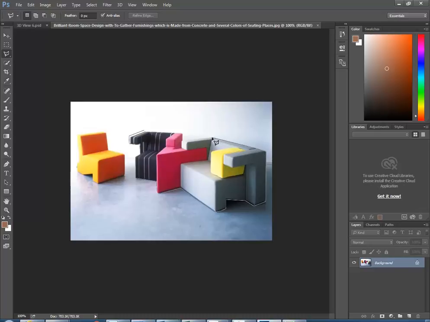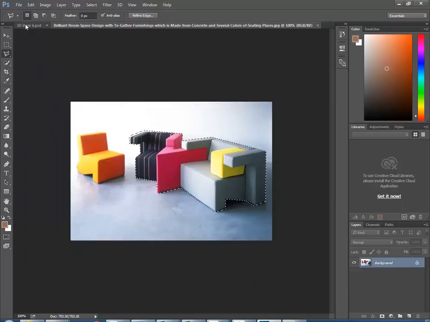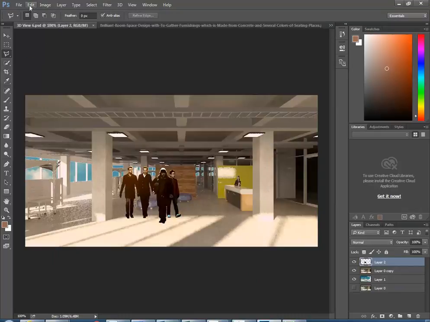And again here, just very roughly. Usually better to get too much than not enough. So there you can see I've missed it a bit on that edge, but I'll fix that. That's one of the things I want to show you. So now, edit, copy or Control C, back into my file, edit, paste,